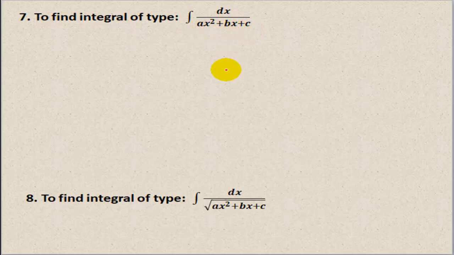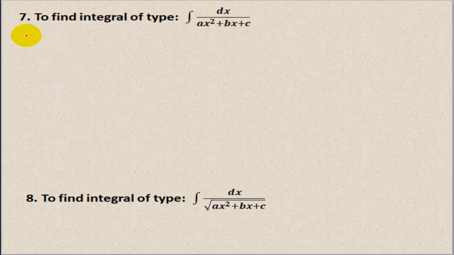So what needs to be done? We need to convert them into one of those types which we have done earlier. So I will try to convert it into either a sum of two perfect squares or a difference of two perfect squares. So we'll be converting it to one of the standard forms, and then we will use that as a formula to integrate it. So recall how a quadratic polynomial is converted into a sum or difference of two perfect squares. This we have learnt in grade 10.